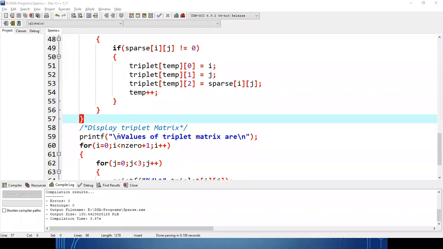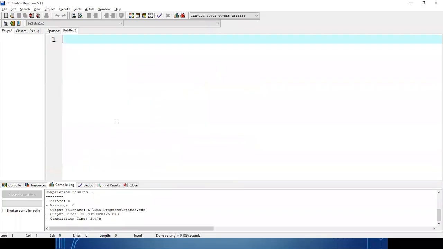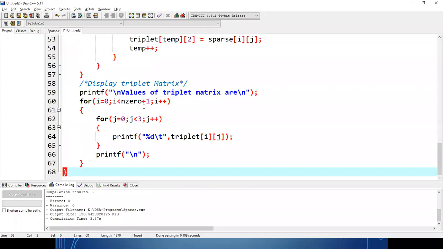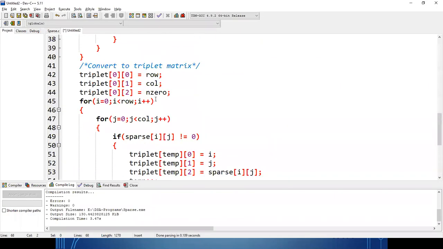Done. But if you want to convert into column measure, clear? The same code you can copy, and a bit of changes you have to make. What you need to do first: you will keep the column, then the row, because first you have to copy the column, because it is column measure. So you have to keep the first column value, then the row value, then the non-zero value. That is not a problem. And then you have to change here,